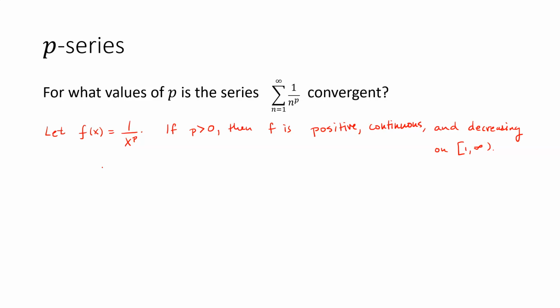Okay, so since we know 1 over x to the p is positive, continuous, and decreasing on the interval 1 to infinity, then we can use the integral test to determine if the series 1 over n to the p is convergent for positive p. Let's see what happens when we integrate now. In fact, you may recognize this integral, which we studied before in the section on improper integrals. And we know the answer to this already. We've showed that this is convergent